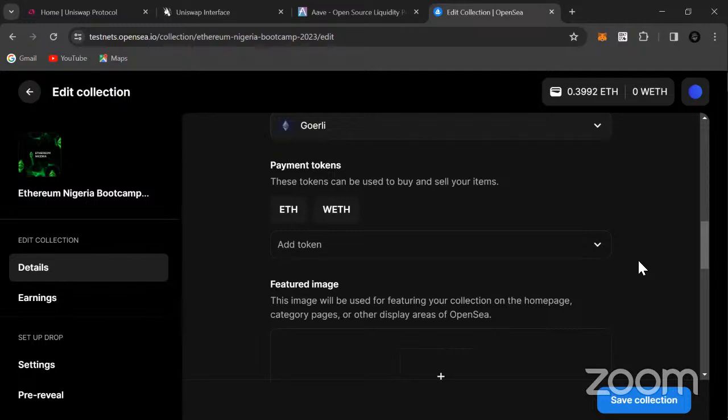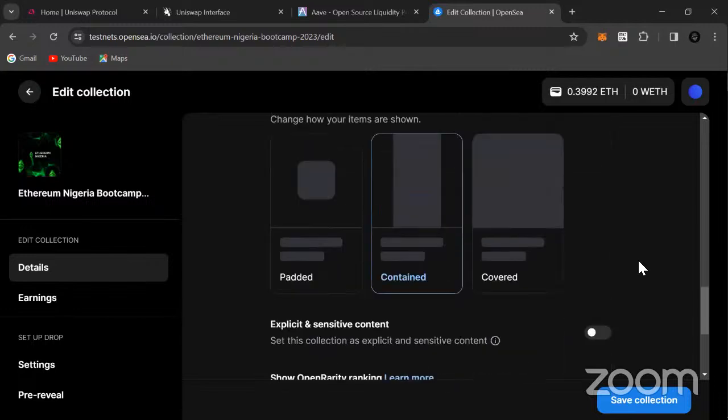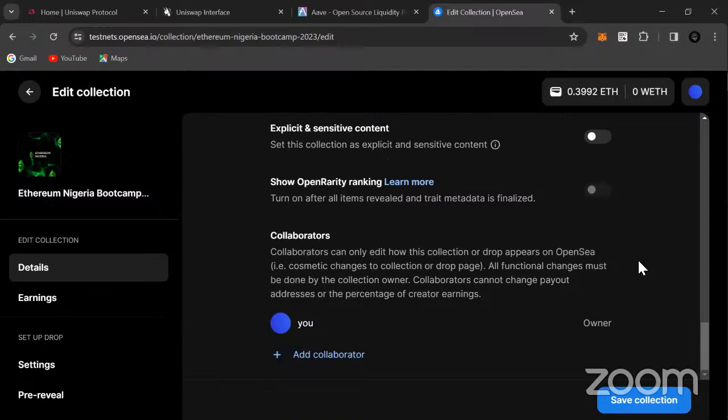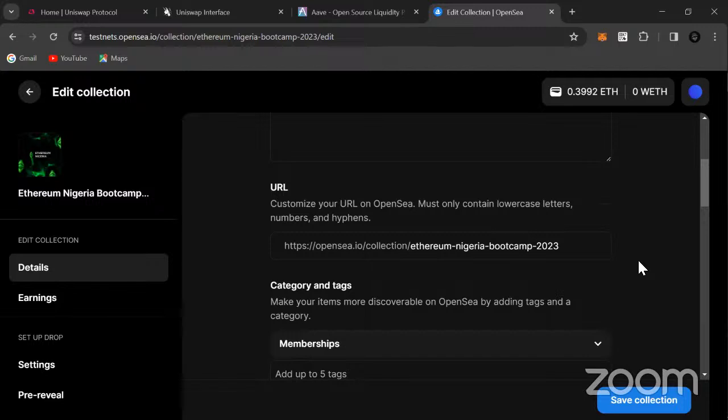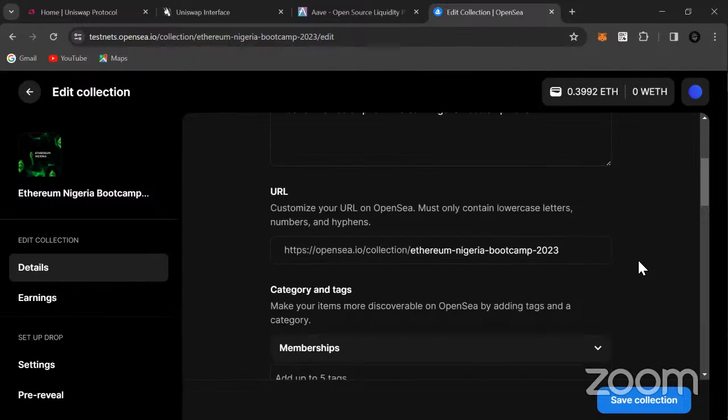The tokens we are accepting for this NFT, let's leave it at Ethereum and wrapped Ethereum. No featured images and all of that. Okay, basically this is it. So we'll save it.